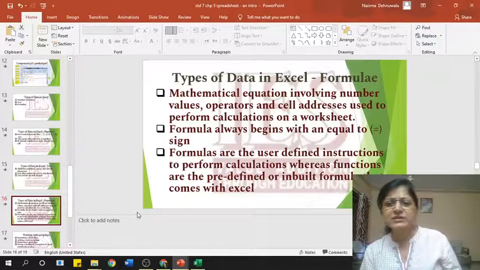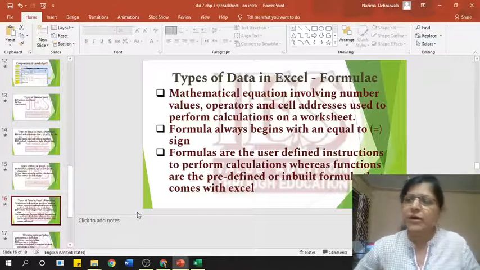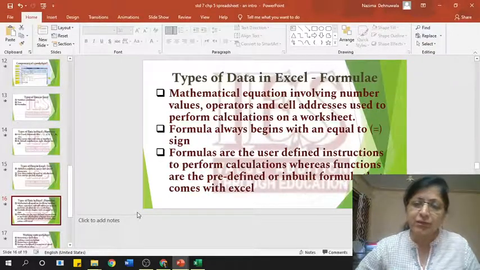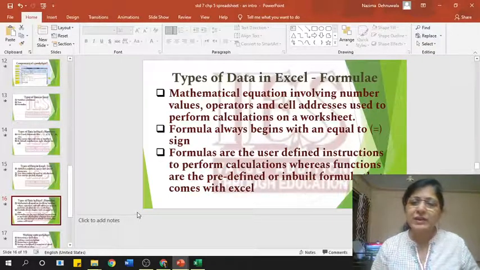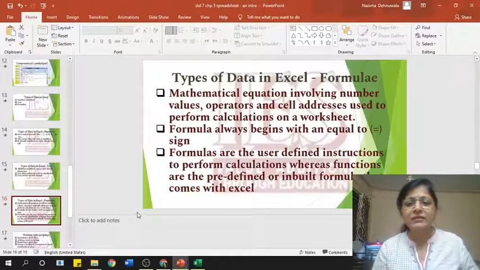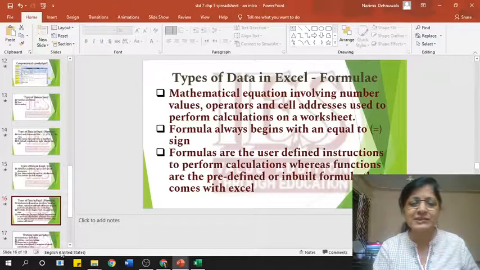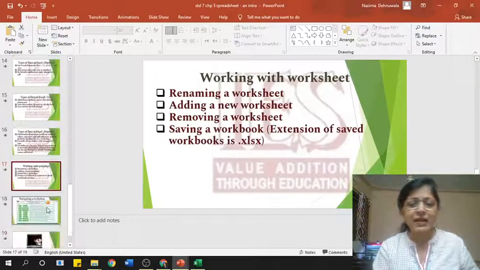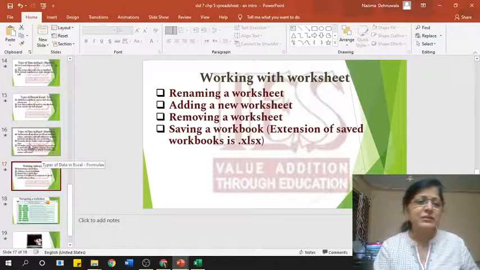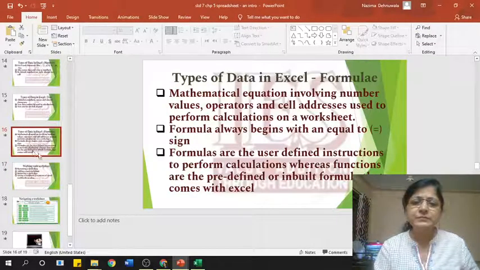The formulas can be, if you are creating the formula yourself, a user entered formula. And if there is a predefined formula in Excel, that is known as a function. So you have learned functions like sum, max, minimum, count, all those are functions. Okay, we have covered all this.